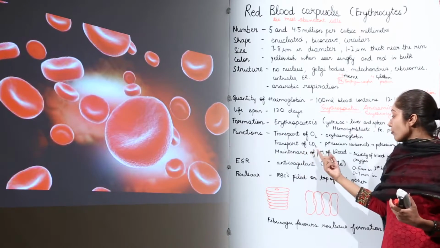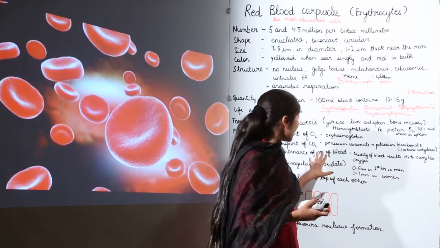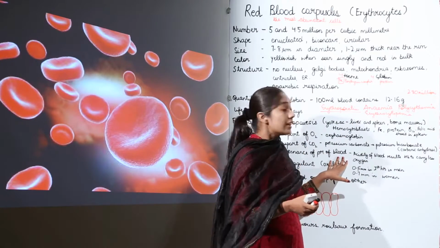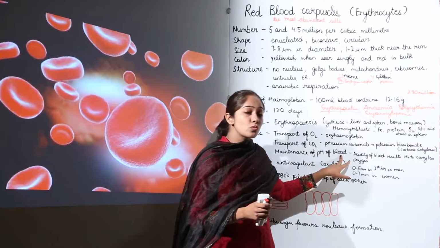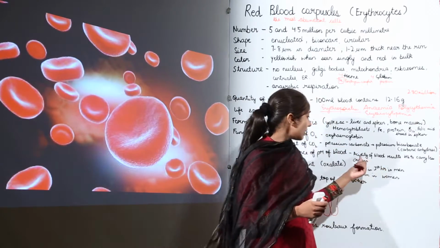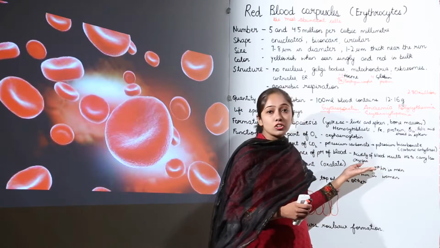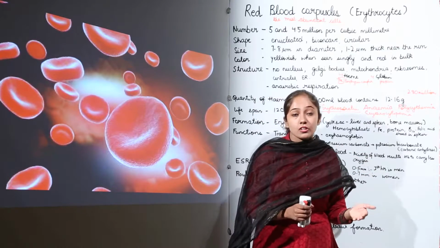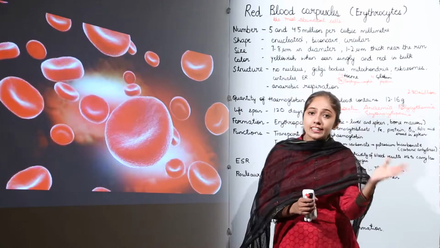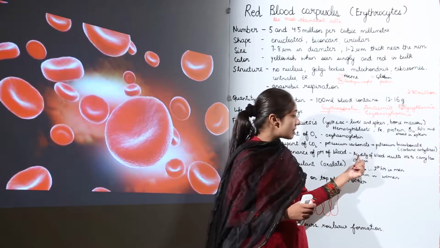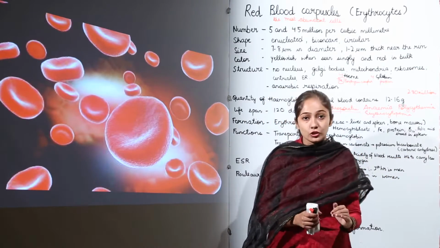So transport of oxygen and transport of carbon dioxide is also one of the major functions. Then we have maintenance of pH of blood. Now the hemoglobin that is there in the RBCs is actually going to act as a buffer. So it is going to actually maintain what? The pH of the blood. And here I want to give you one very important statement: the acidity of blood results in hemoglobin carrying less oxygen. You know that the blood is alkaline, it has a pH of 7.4, it is slightly alkaline. But when the blood becomes acidic, it results in hemoglobin carrying what? Less oxygen.